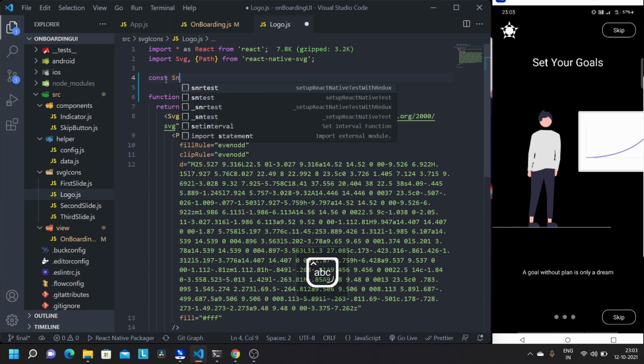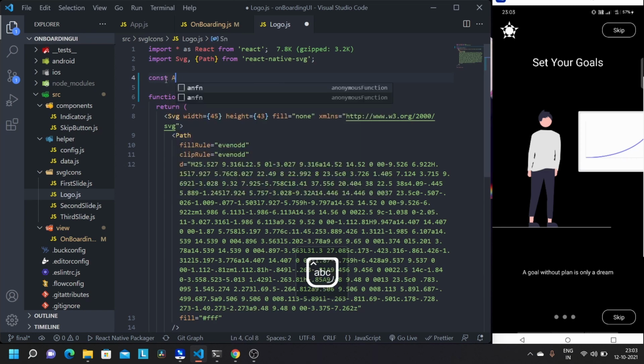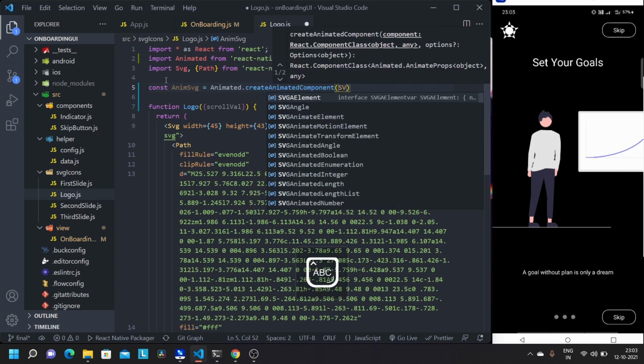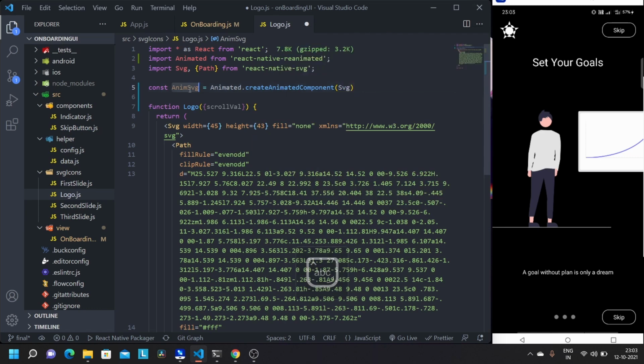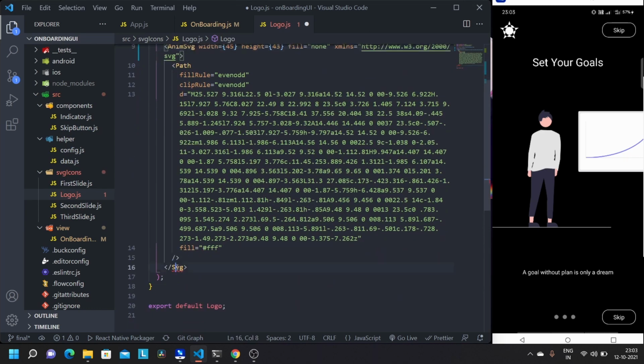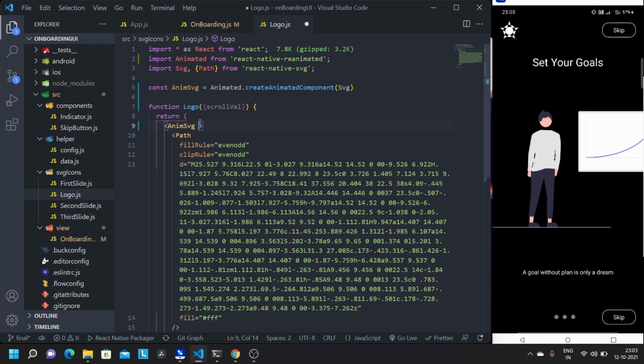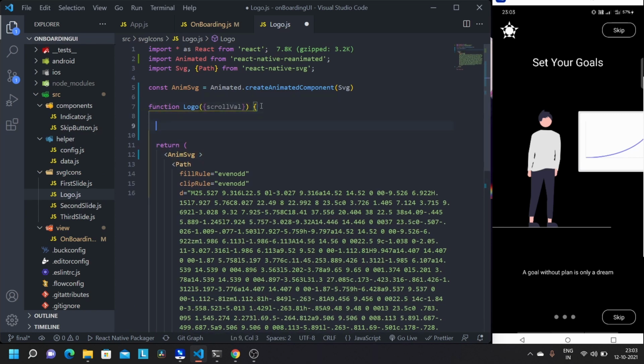So we'll do AnimSvg equals Animated.createAnimatedComponent, and we'll pass that SVG there, and in place of this SVG we'll replace it with AnimSvg. Okay, now we'll copy the whole props, cut it out,